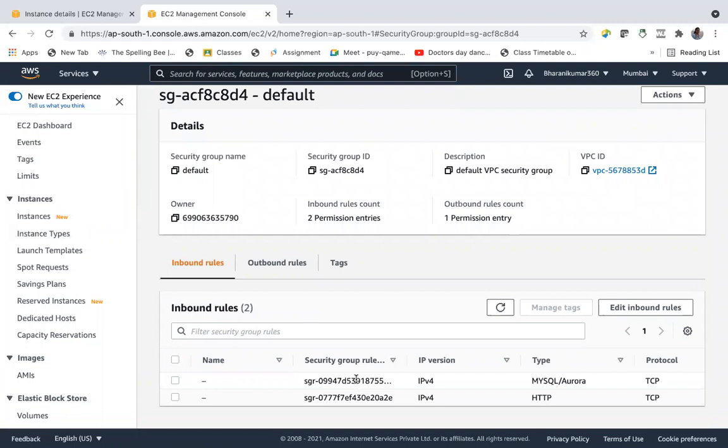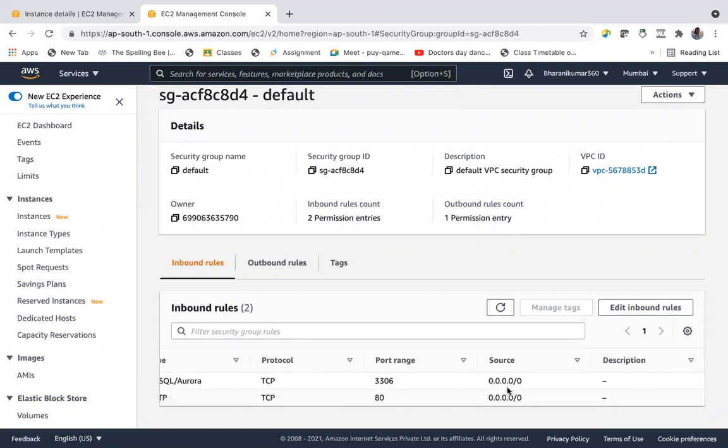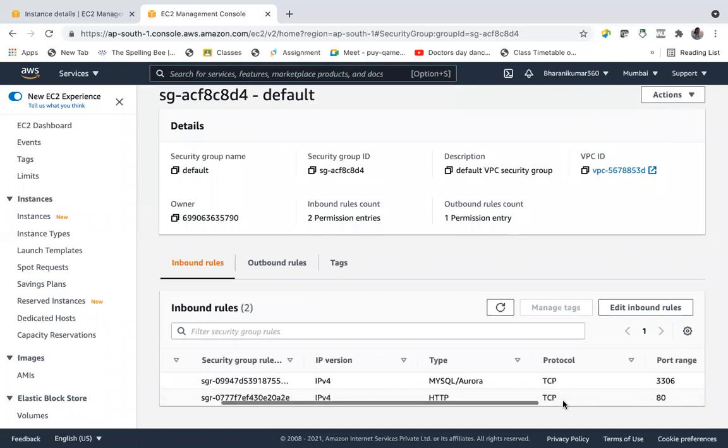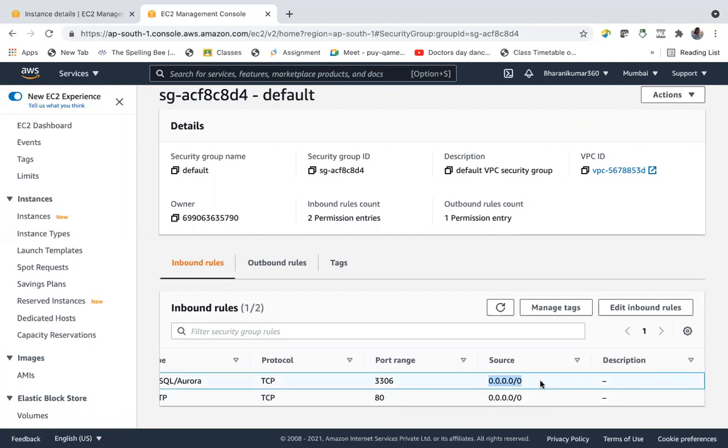So it allows MySQL and it allows HTTP to let in from this source. But now we have made it a private instance, so we cannot send from this source, which is the internet.